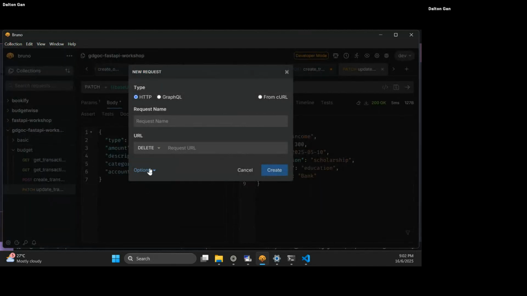So this is going to be delete transaction. It's going to be base URL slash